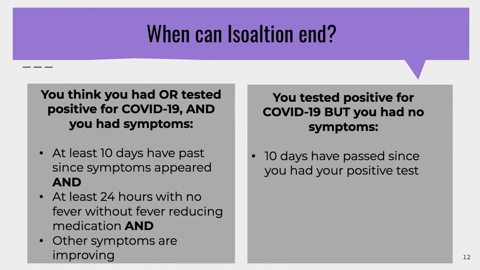So there are two scenarios for ending home isolation. So the first one is you think or you tested positive for COVID-19 and you had symptoms. So at least 10 days have passed since your symptoms